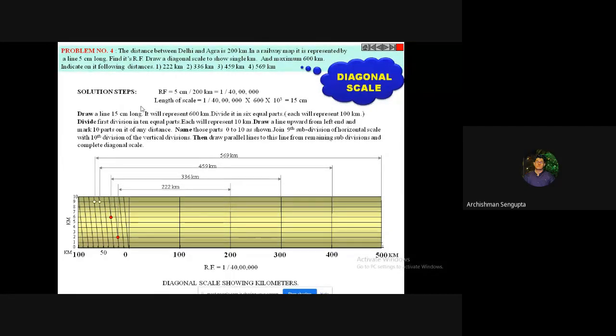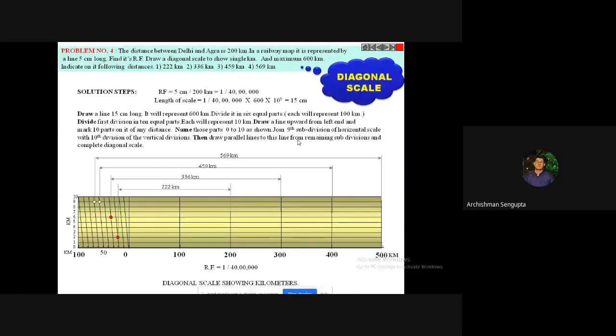If the distances are in decimal form, say below 1 kilometer, this scale will not be able to measure, because in the problem itself it is written that the minimum range is 1 kilometer and the maximum is 600 kilometers. If you require that type of scale, then some distance will be there, but then that kilometer unit also you have to divide. That is also possible, but in this problem that is not possible to show.